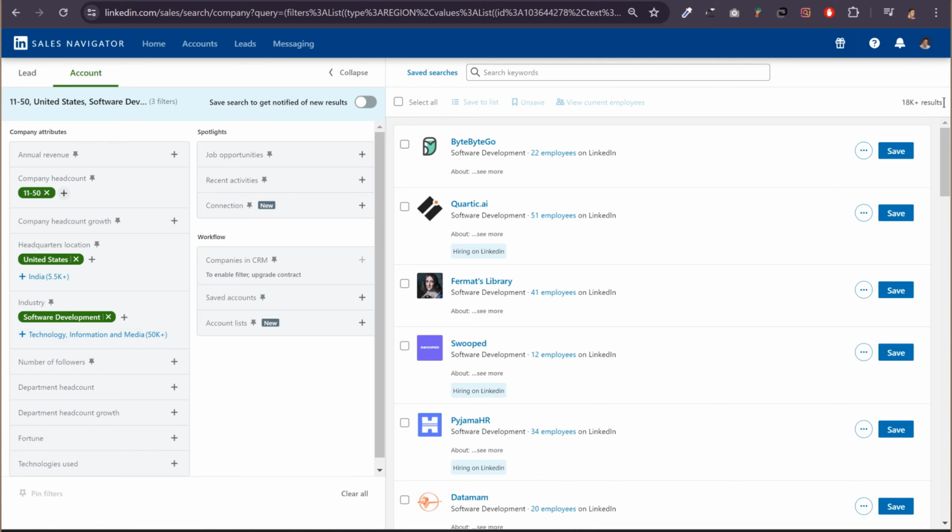So what can I do in this case? I need to filter this down even further. There's a couple of ideas that I can use in order to make sure that my list of the companies that I find here on LinkedIn Sales Navigator is close to my ideal client profile. Ideally, I want to have this number below 1,000 or even less,